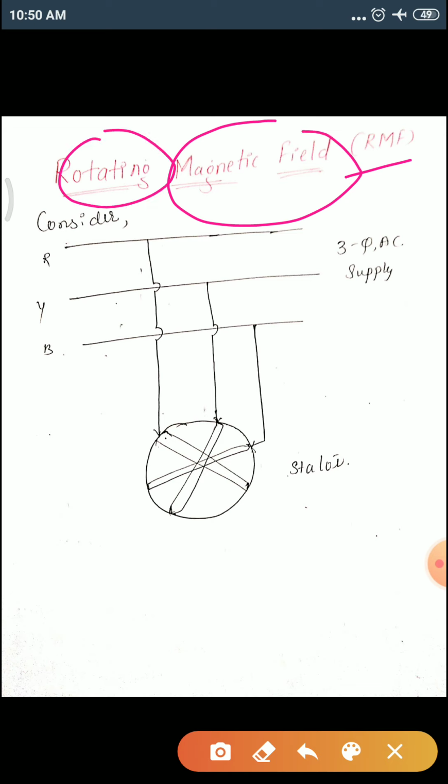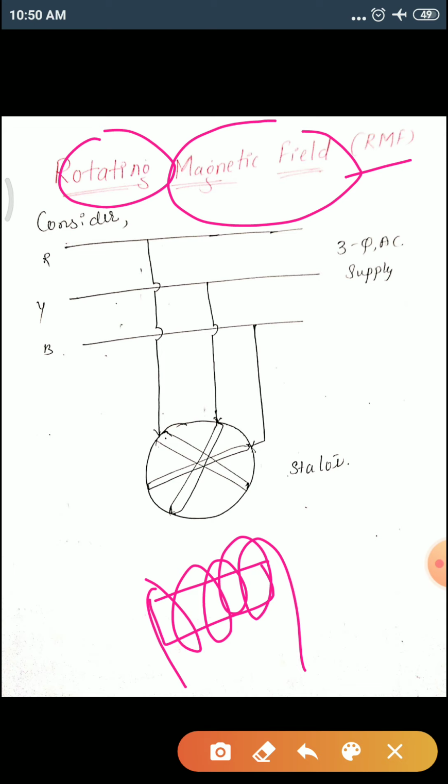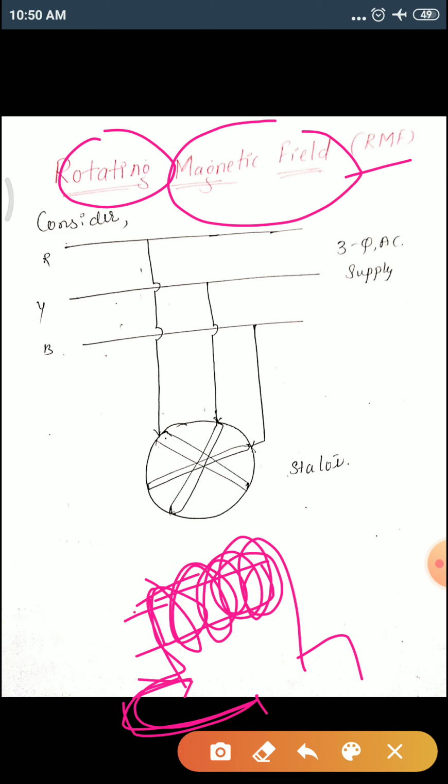As we know, a conductor with a coil is an electromagnet, right? A conductor with the winding upon it. When you give a supply to it, current starts flowing through this conductor electromagnet. When current passes through the electromagnet, there will be an electromagnetic field. This is called flux, which we can denote as phi. This we know, right?